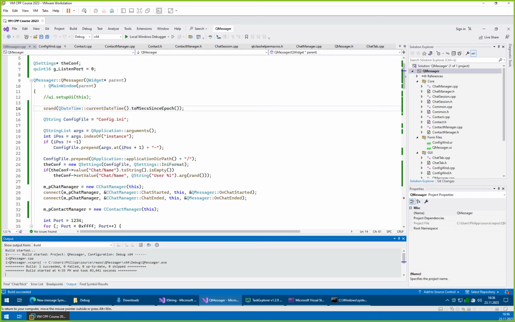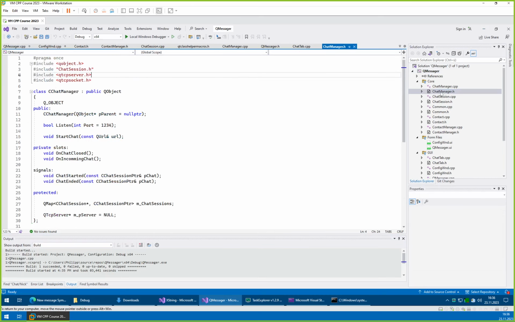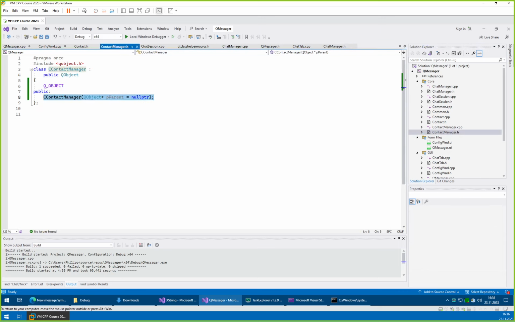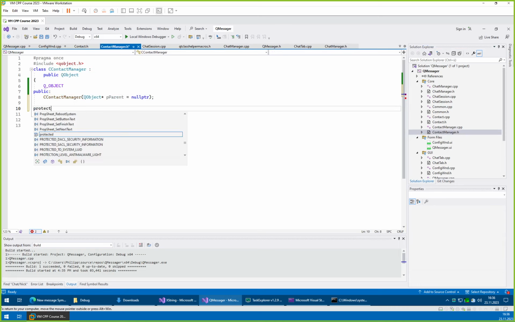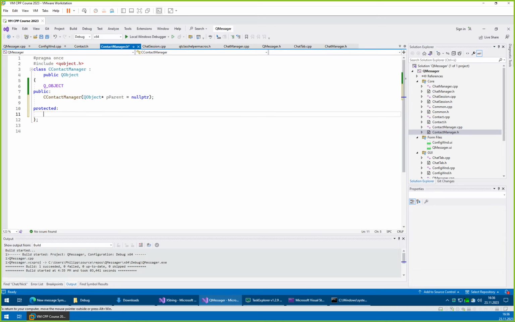So we have our contact manager. The contact manager here will of course have to have a list of contacts, so list. No, members always protected, and let's go with making usernames unique. So we just don't expect people on the network to reuse the same username. We will not add any other mechanisms currently, at least, to filter that. So we will make a QMap of QString, which will be the username, and it will then here have a